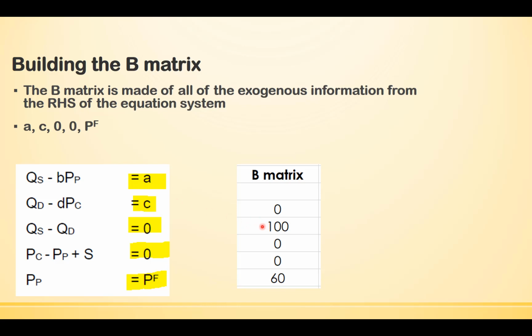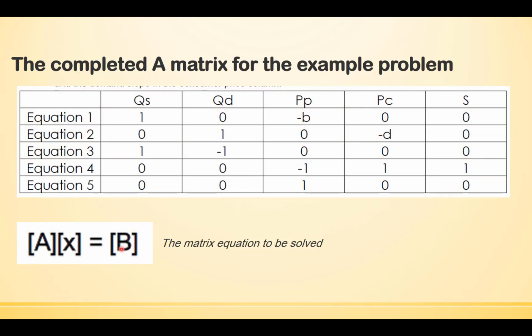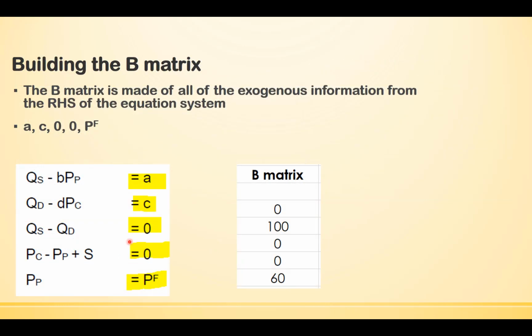The second one is linked to the intercept of the demand equation, and this final one is linked to the target price. And so that gives us our B matrix. Okay, so now we have the A coefficients matrix, B the exogenous information matrix,